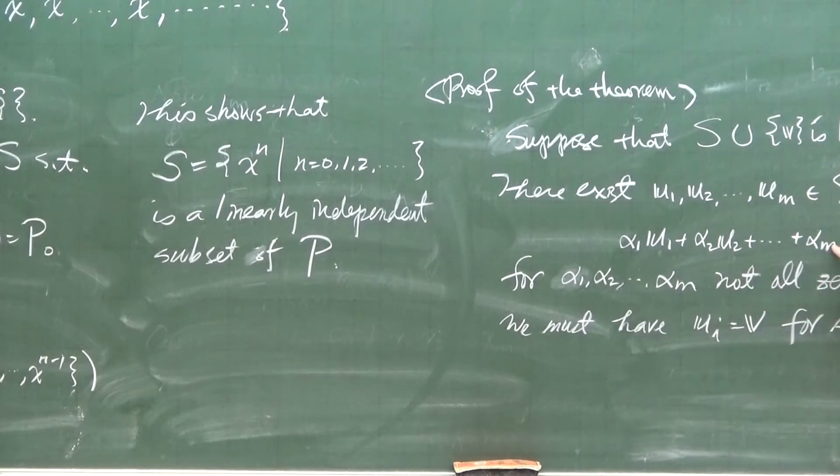In this list u1 up to um, one of them must be V. Why? If u1, u2, up to um are all from S, then this is a non-trivial linear relation in S,